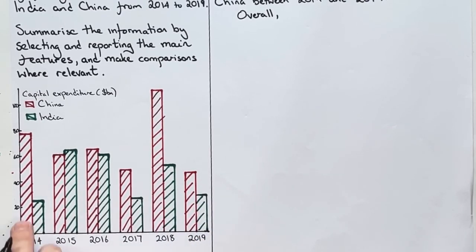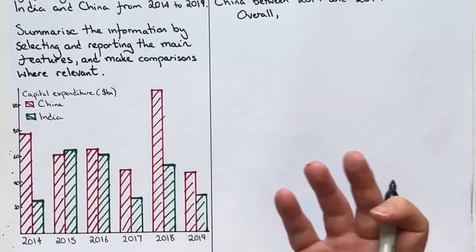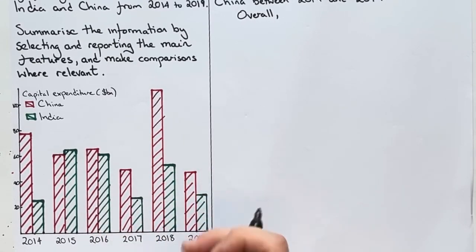We're not going to talk about 80 billion or 100 billion. We normally won't talk about dates. This is just the 2 or 3 most obvious things about this data. Another way to think about it is if somebody put a gun to your head and said, you can only tell me the 2 or 3 most important things about this data without giving me any specific data, what would you say? And for data over time, normally that is going to be general trends, generally what happens between the